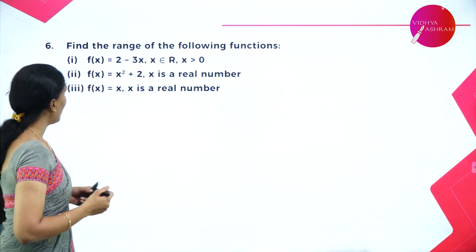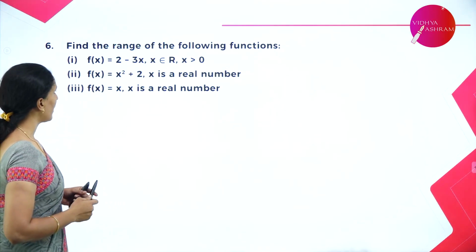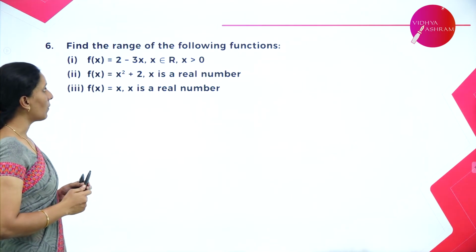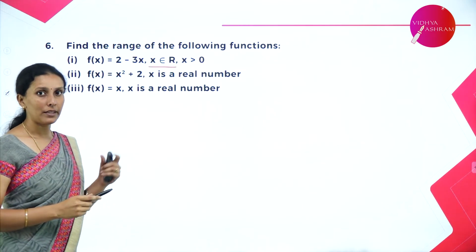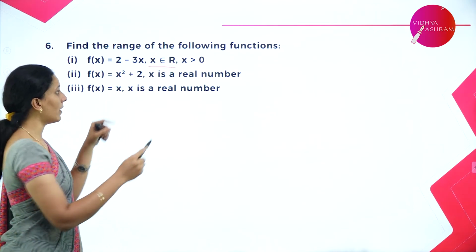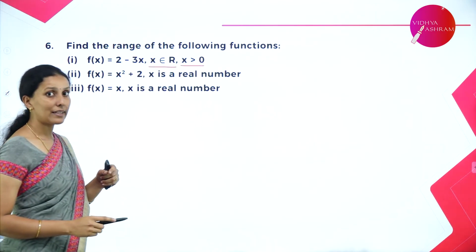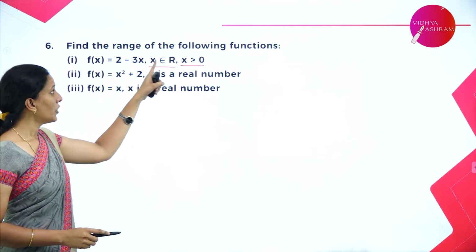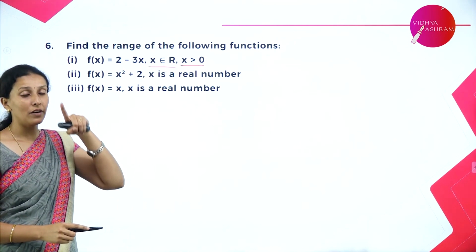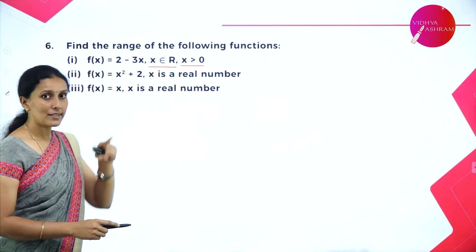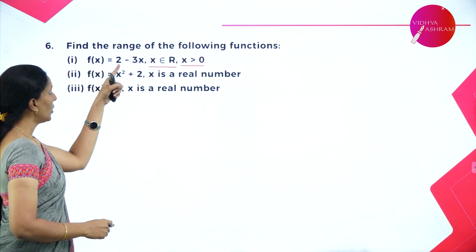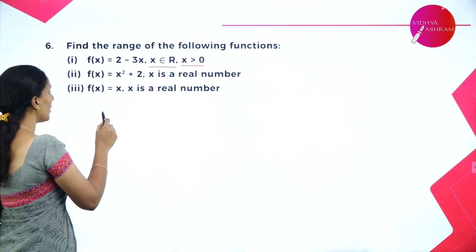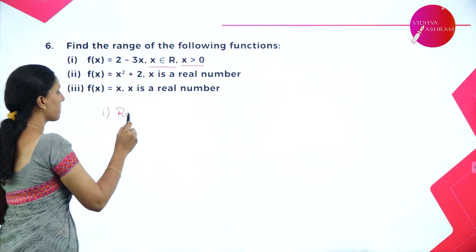Next function we have, find the range of the following function. f of x is equal to 2 minus 3x. They have given x belongs to real numbers. That means your domain is real numbers, but the condition is given x is greater than 0. That means you should take only positive real numbers. x greater than 0 means positive real numbers. So therefore, for the first function 2 minus 3x, the range is